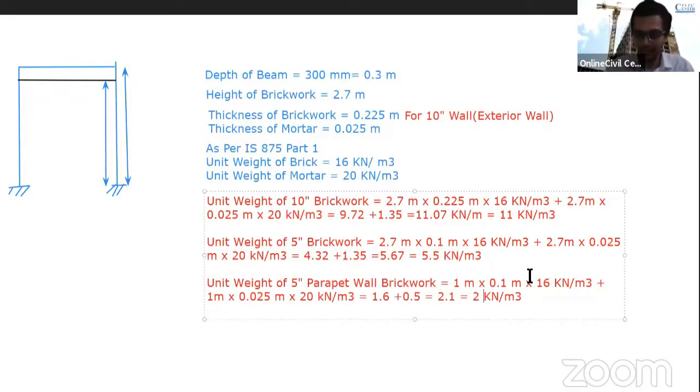I am telling again and again that any particular software, be it StatPro, ETABS, or Tekla Structural Designer, which we are currently training, is just a tool by which you can design your structure efficiently. The most important thing is the concept behind every design. So in Civil Center, we are trying to bridge the gap between theory and practical. That's why all our trainings are related to practical things, such as our training on G+3 building design using Tekla Structural Designer, or G+1 building design using AutoCAD and StatPro.